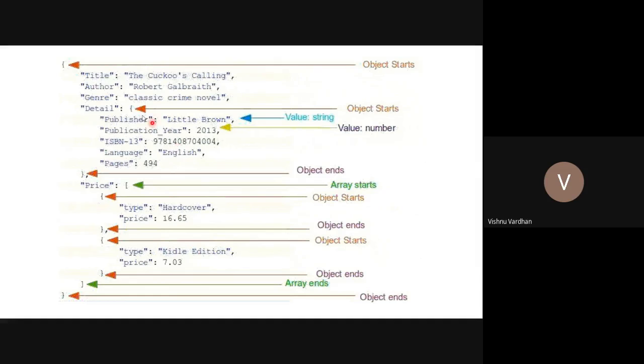Okay, so the innermost object is getting closed here. So this much of information is for the detail. So the detail property is given with innermost array. Then comes with the price. Price is actually started with an array. Okay, the array is actually started with a square brackets. So array means combination of some objects. So thereby you can see this is one object, comma, second object, comma, third object. In that way you can take plenty of objects. So you can take plenty of objects for this price element, because price is an array, but detail is an